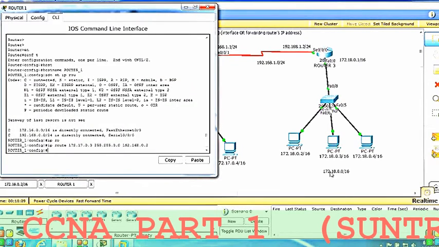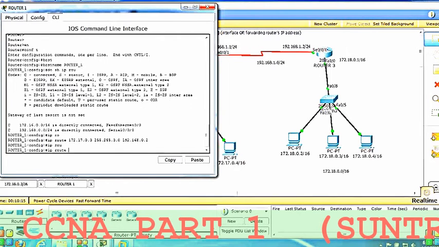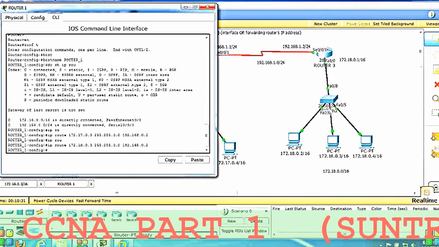Now I have to configure one more static entry for the network 172.18.0.0. It's the ip route command, my destination network is 172.18.0.0, the subnet mask is 255.255.0.0, and the next hop IP address is the same as previous, because again I have to go through that router to reach my destination network.